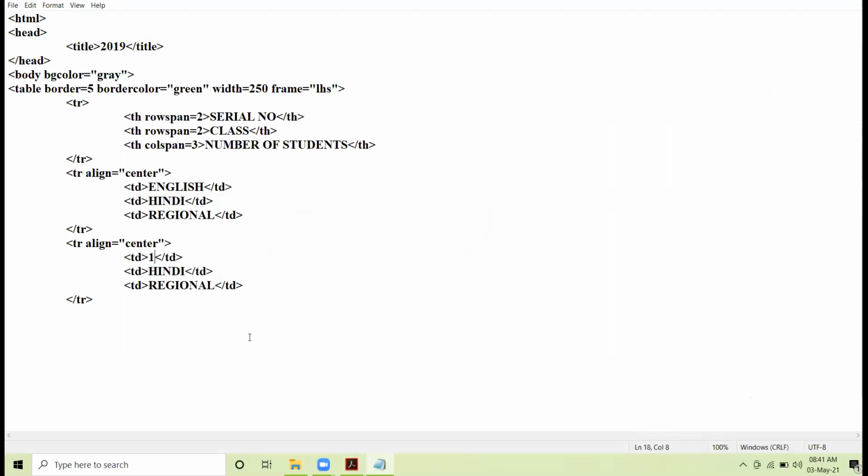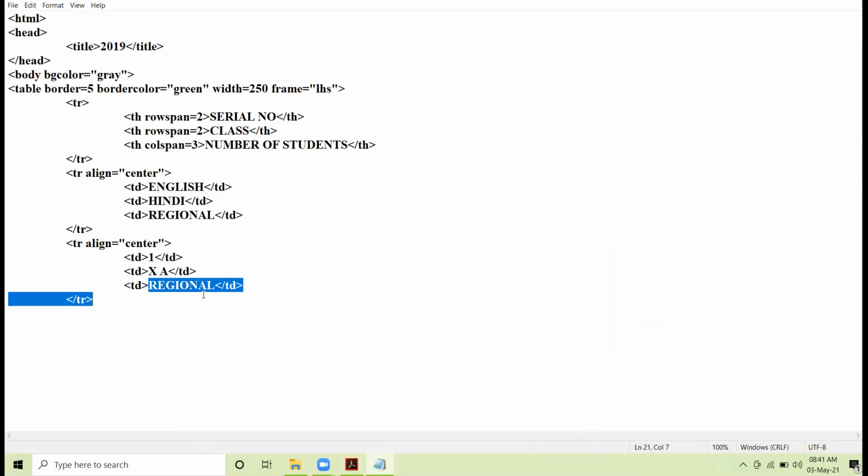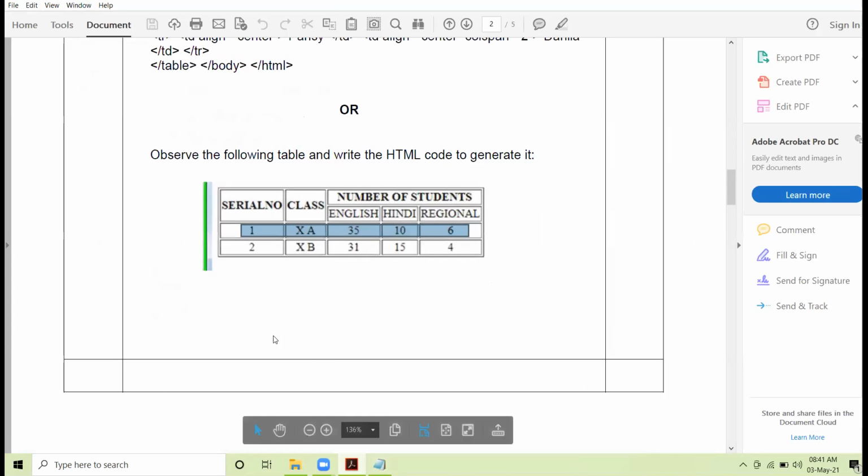Then I have 10th A. Okay. Then I have 35. Then one more TD cell. 10. Okay. And then we have 6 and I close the TD. Now in this row, we have 5 cells. Okay.